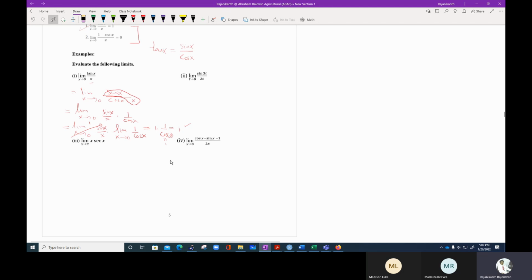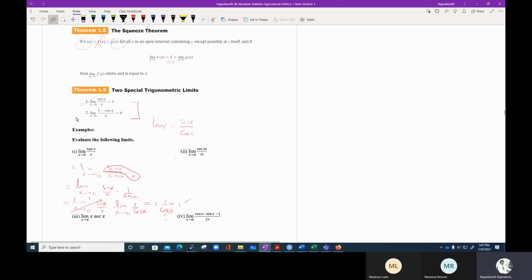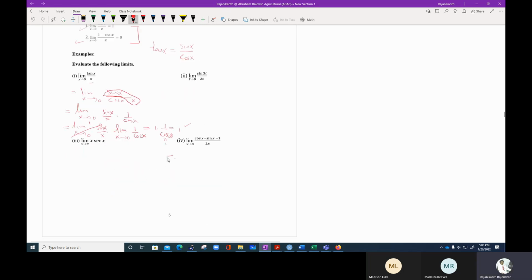And the fourth one, you could use the second property: the limit as x goes to 0 of (1 minus cosine x) over x is 0. So if you want to use that, you have to rearrange the given expression. I'm going to rearrange this. This is going to be the limit as x goes to 0. Okay, so I could rewrite this as,